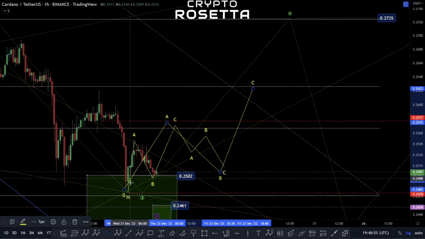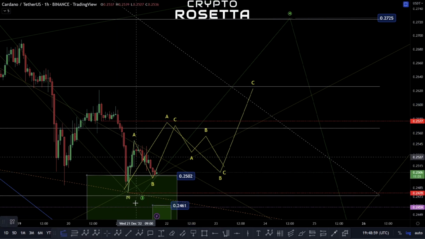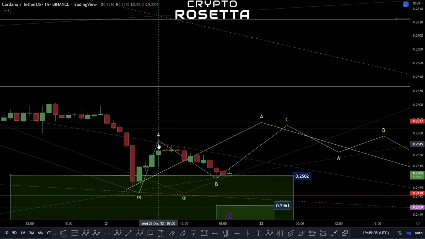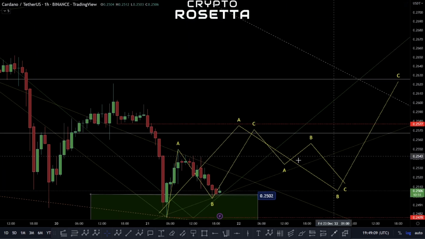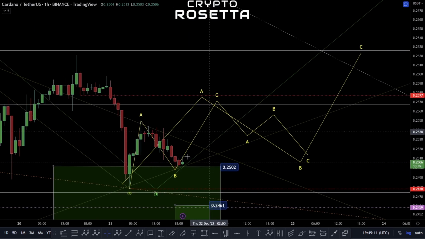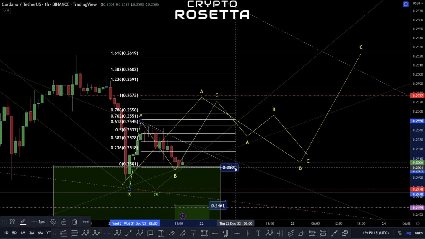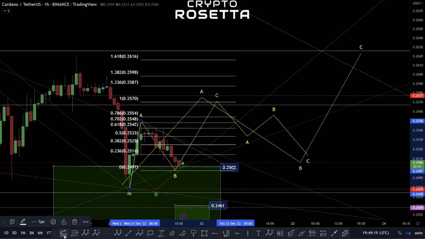That being said, even though we can't see good structure within this move, we have to bear in mind that we could potentially have some kind of an extended wave 1 in here, where this is a 1, 2, 3, and then maybe we have a truncated 5th here, and then basically we have an ABC to the downside. If that is the case, what we would be looking for then for confirmation of a 5-wave move to the upside would be by moving up past this